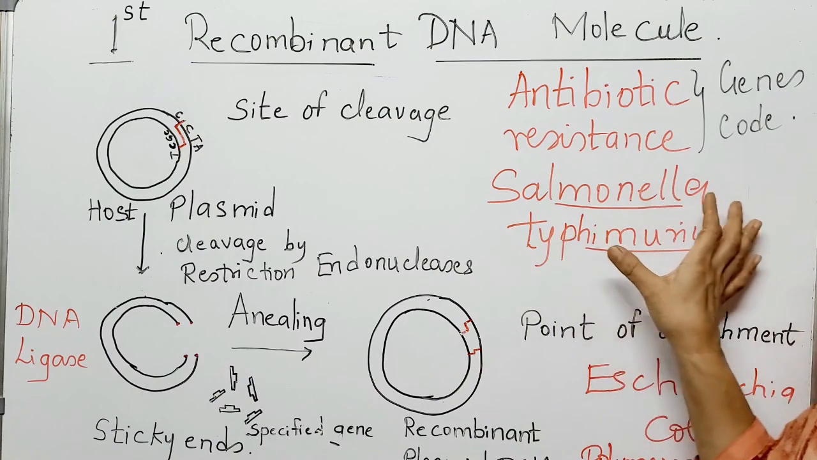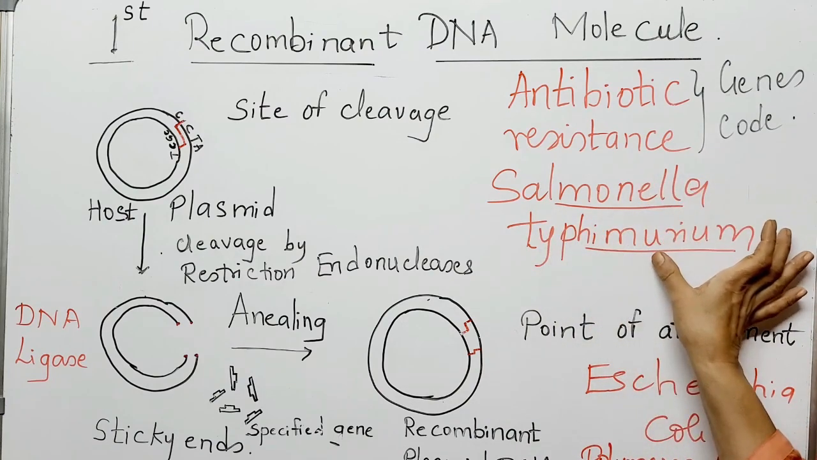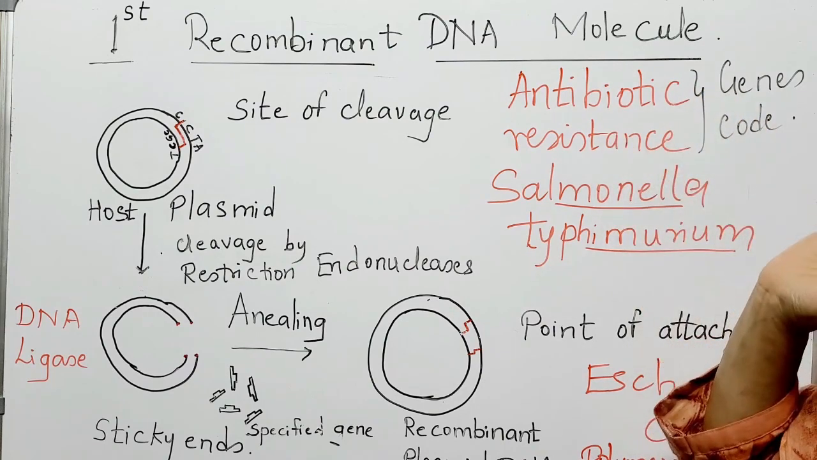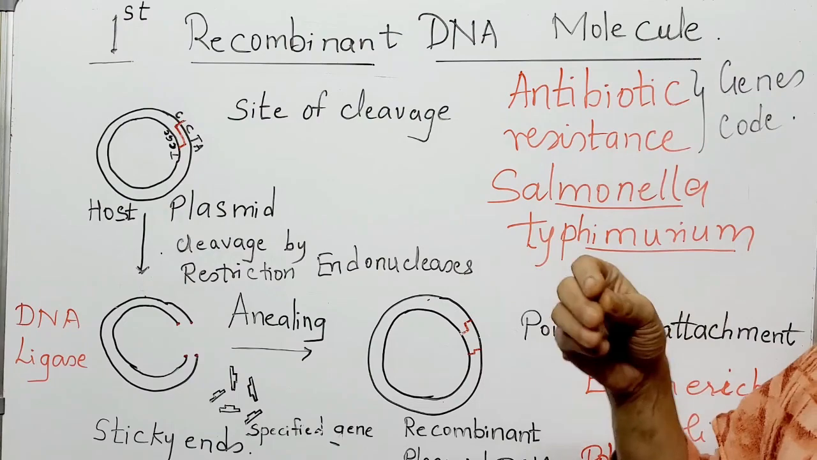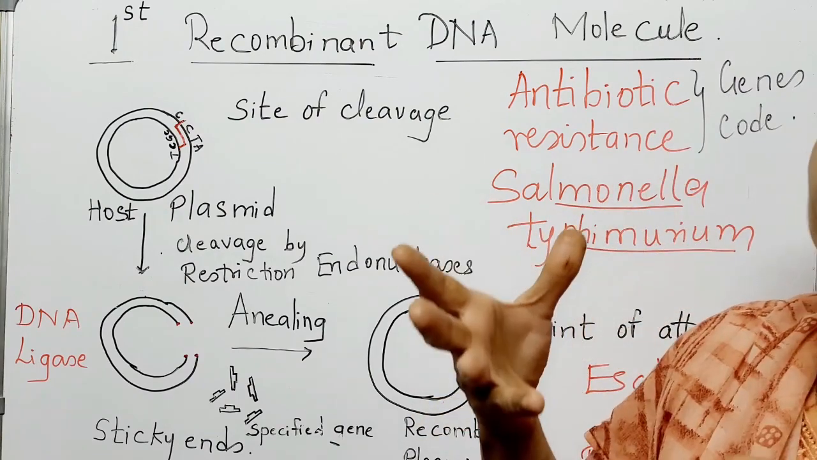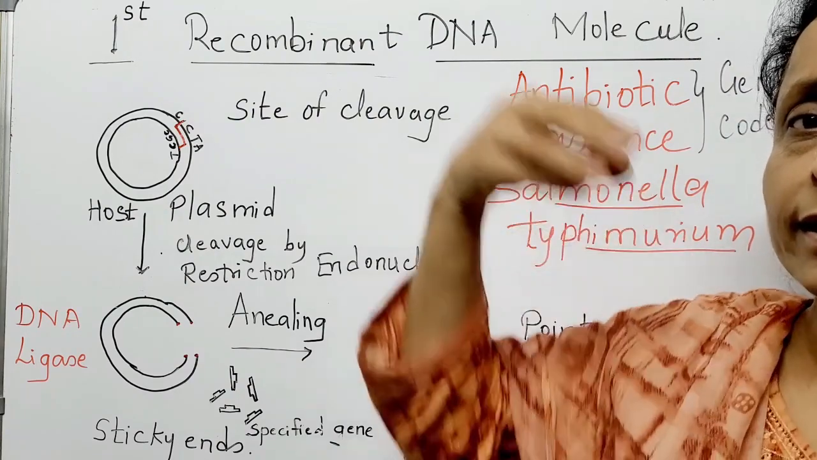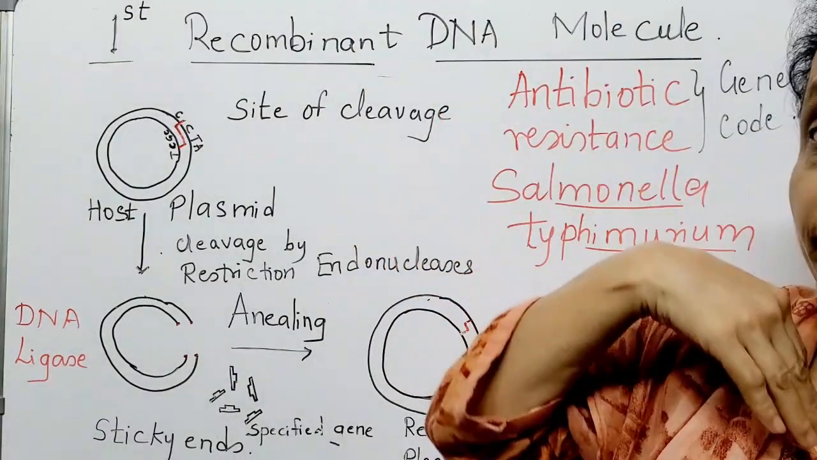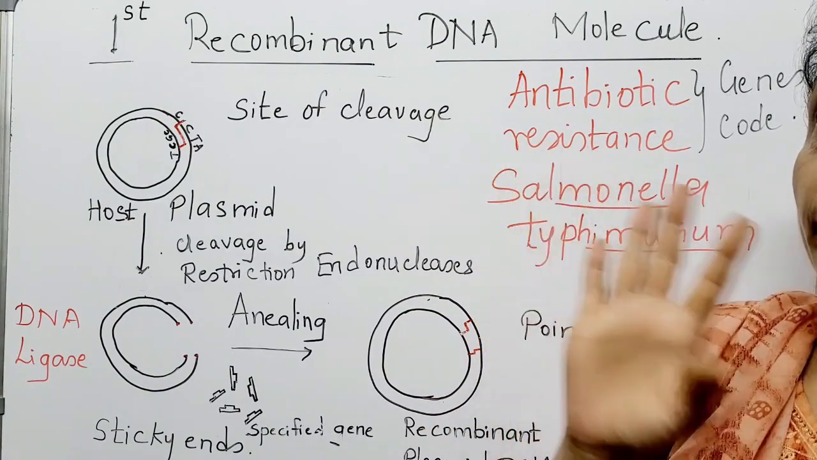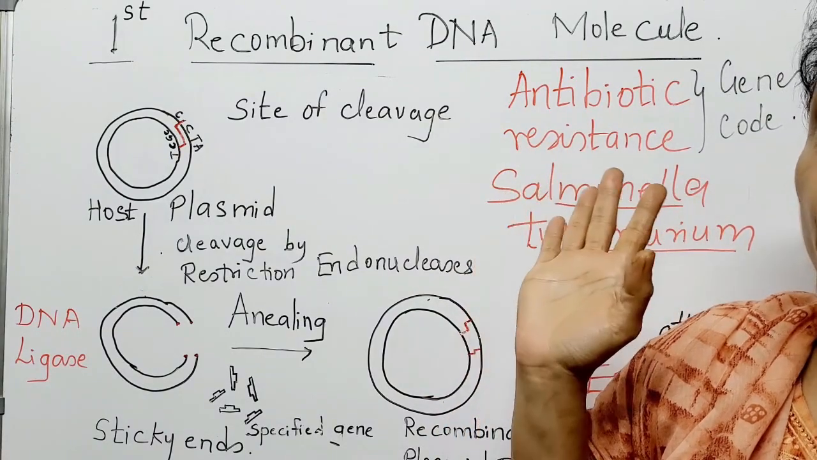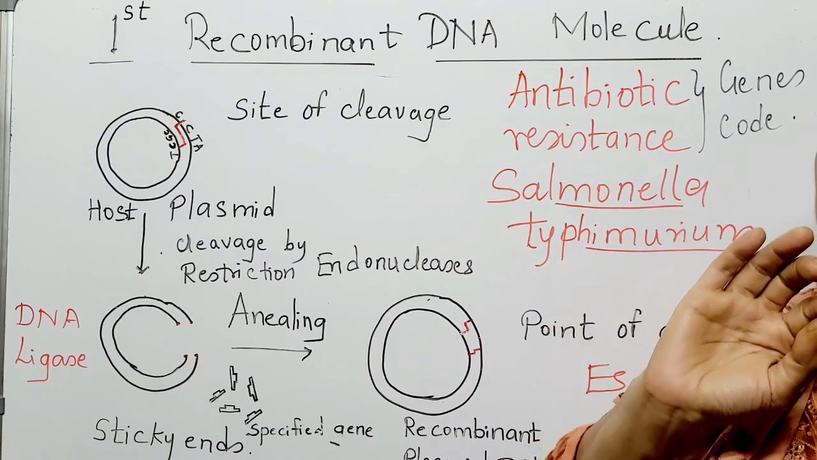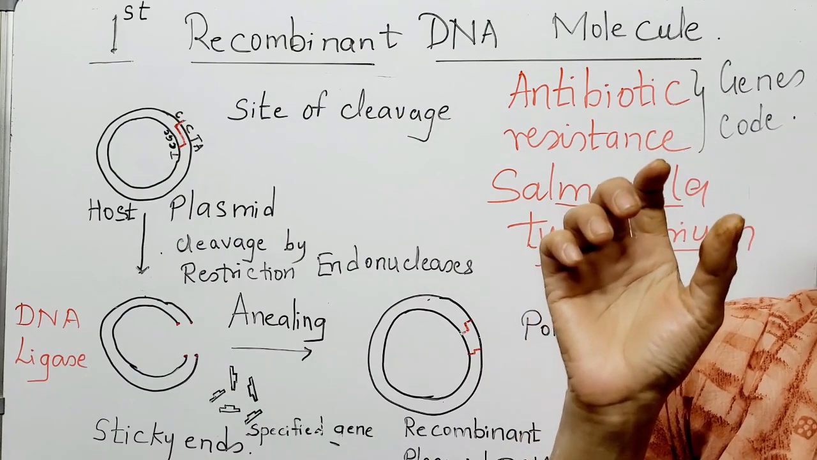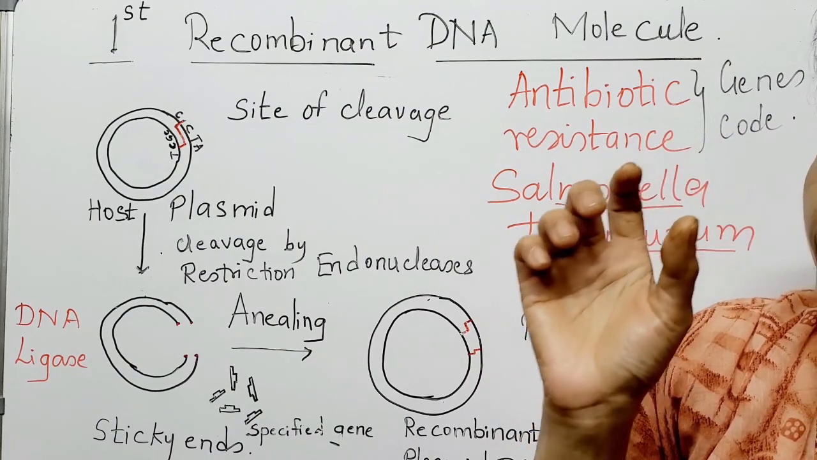This is the bacteria, Salmonella typhimurium. They took out the antibiotic resistance gene, the genes which encoded for antibiotic resistance. That means if I am a bacteria and antibiotic is poured on me, then I die. If I am resistant, then I don't die by this antibiotic. So this bacteria has its antibiotic resistance due to the plasmid which was present, which had DNA for